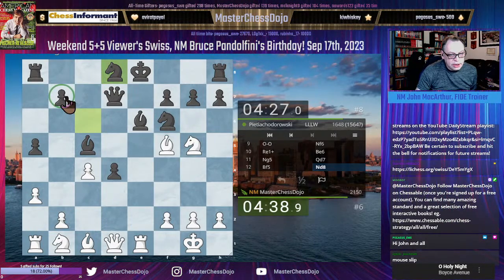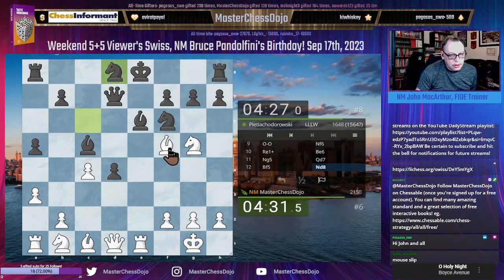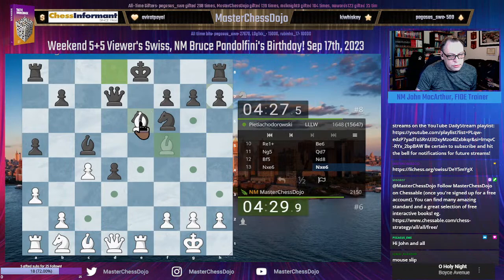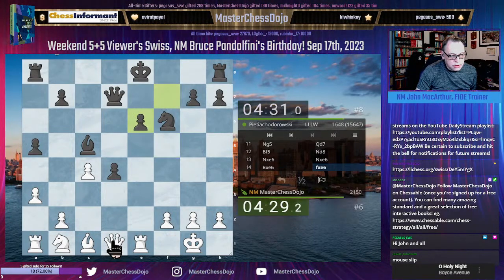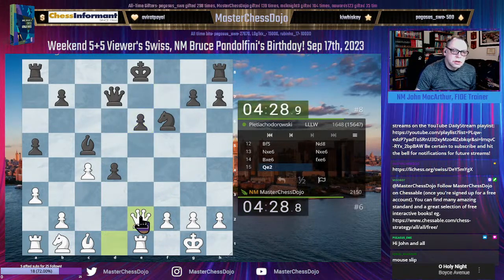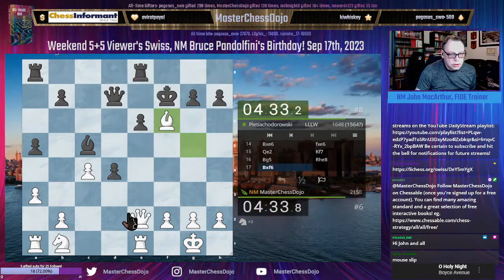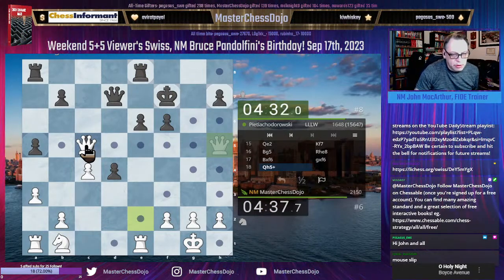So now the b7 pawn is hanging. Or is it? Should I just keep attacking? I believe I can keep attacking. But I think we have to take at least once. We will take all free material. But our opponent does have